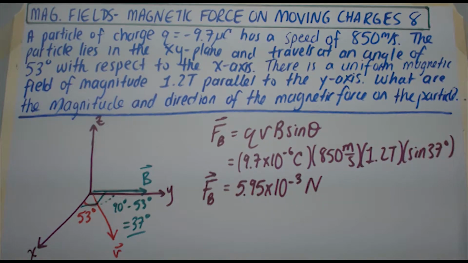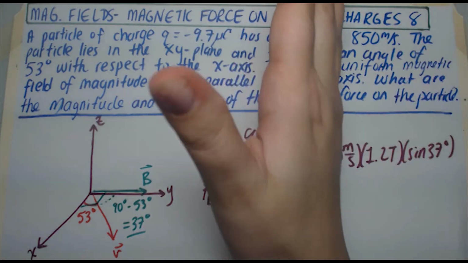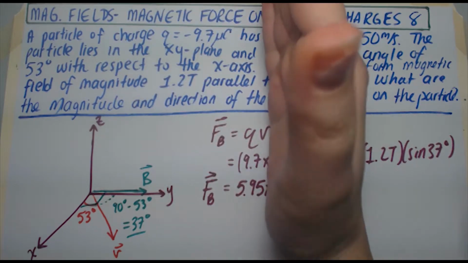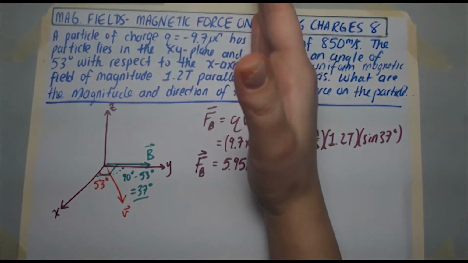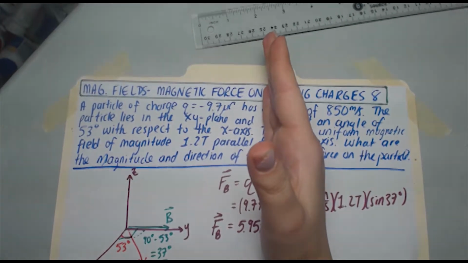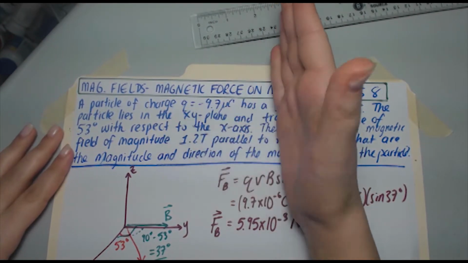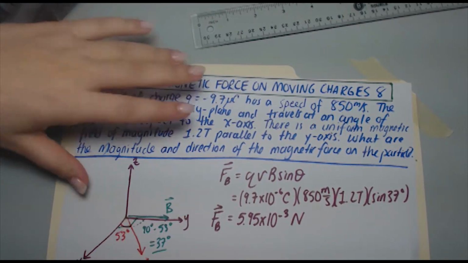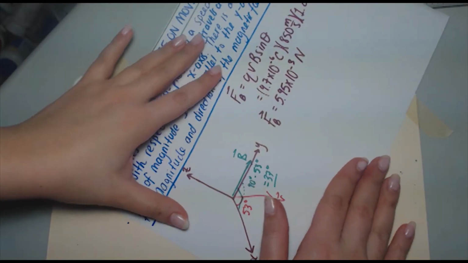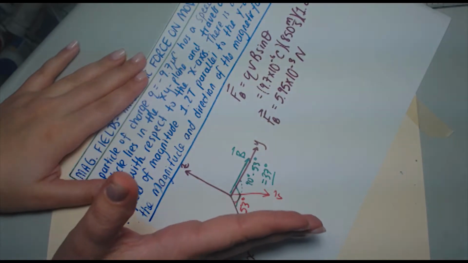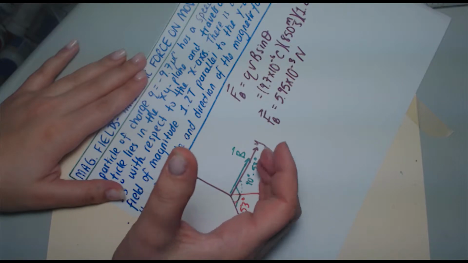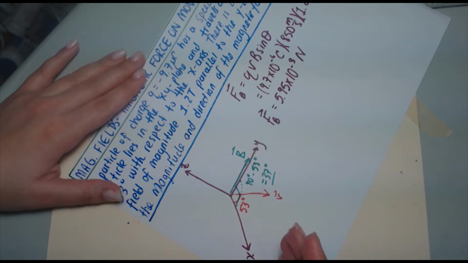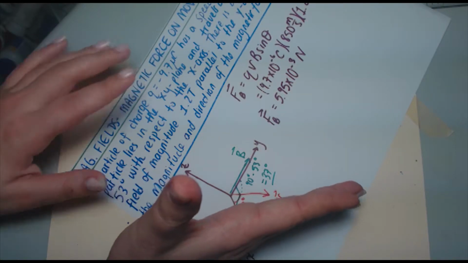Okay, so far so good. Now how do we find the direction? Like I said, we got to use right-hand rule. There are two ways I can do this. I'm going to show you with my right hand first. Here's my right hand. Remember the idea is this. I stick my fingers in the direction of the velocity, and I have to curl them towards the direction of the magnetic field, right? Now remember, even though the way I'm doing this now looks like my thumb's coming out of the page,